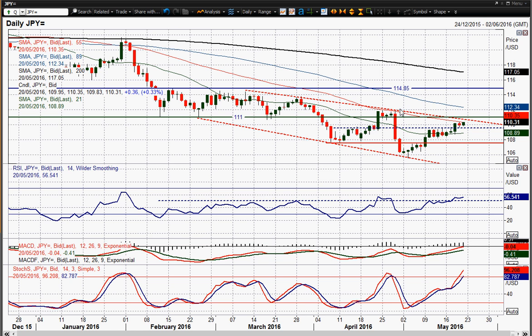rallying within this downtrend channel, and you've got the breakout from this range, which was 130 ticks from 108.20 up towards 109.50. Breaking out through that implies 110.80. Now 110.80 is not only around about where this downtrend comes in today,